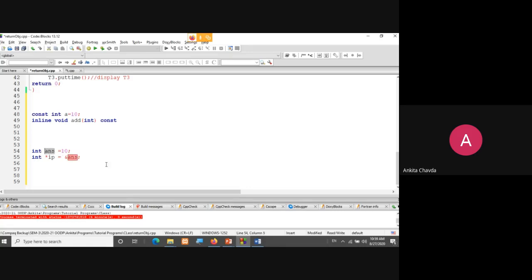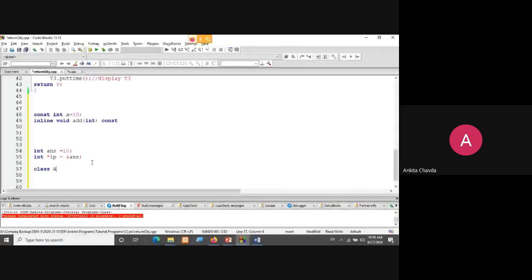So here my answer is the normal variable, so I can write like this. But now the problem is what? I'm having one class A, and over here there is my variable integer answer equals 10.